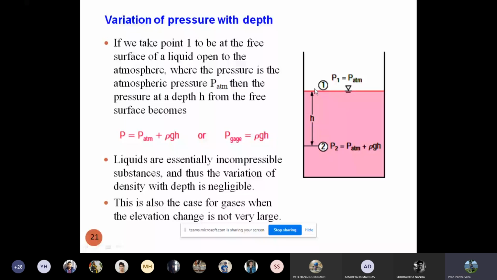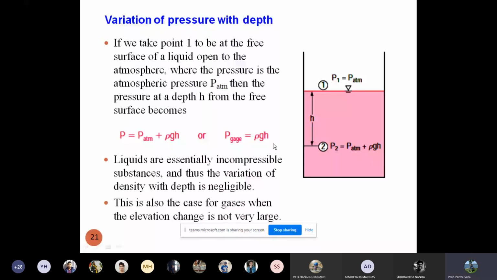That's why if you go down into the water, you feel a pressurized condition, because the height of the liquid is acting upon you. Anything you submerge in water will be in a pressurized condition. So the pressure will be atmospheric pressure plus the height of the liquid term, that is rho g h. That will be the total pressure, because that is the excess pressure you are applying on that substance or object.